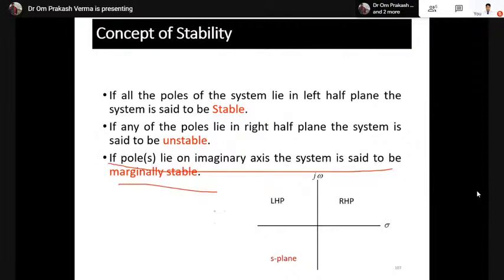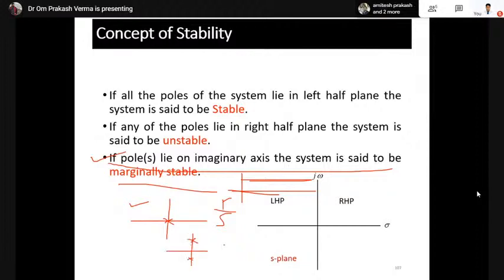See the case. Let's say this is the origin. Then this is 1 upon s, and when you plot the inverse of this, it is the step input. No problem in this one, so it is correct, marginally stable. Now when you take 1 upon s plus j omega, you get a sine t response, and when you plot this, such a property will come. Again it is right, no problem here also.